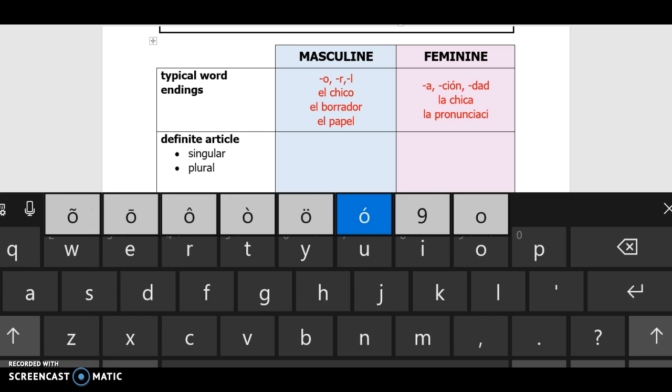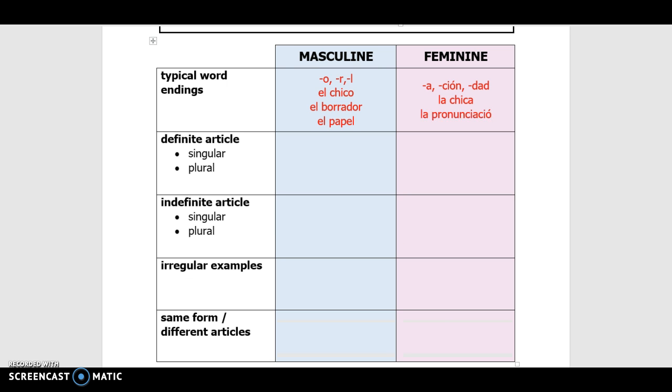La pronunciación. Okay. You're going to find a lot of those -cion words are going to be cognates. And -dad, the most common one, la actividad. Right? We do this all the time. We're going to do this actividad in class. You can 99.9% of the time rely on the definite article that accompanies the noun to tell you if it's